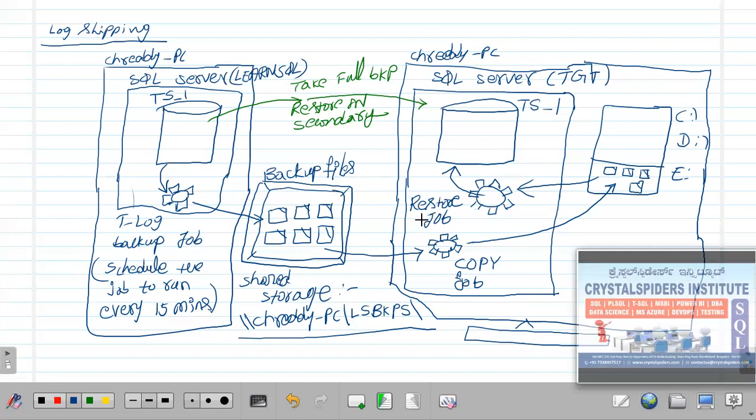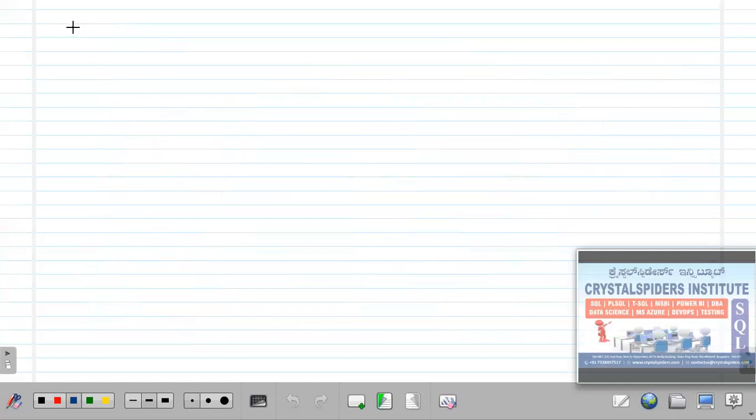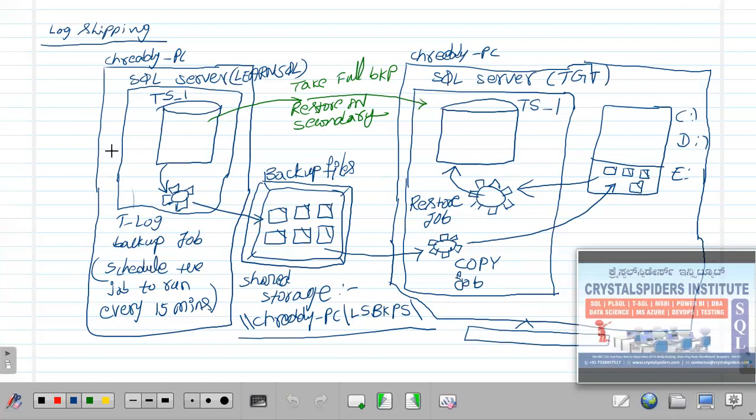So this is what it is. So how do we configure it? What are the prerequisites to configure this? Can I configure this log shipping as usual? No, guys, there are some prerequisites. If you observe this, this is a backup job, right? This backup job is going to take a backup of this database and put it in a file. This is a transaction log backup. If you want to take a log backup of your database, the database recovery model should be in the full recovery model, right? Then only can we take this database's transaction log backups.